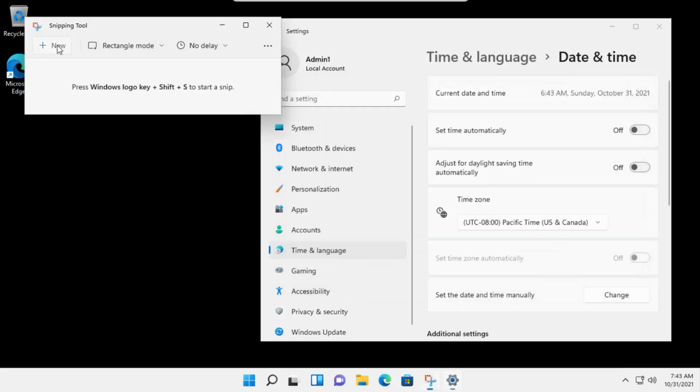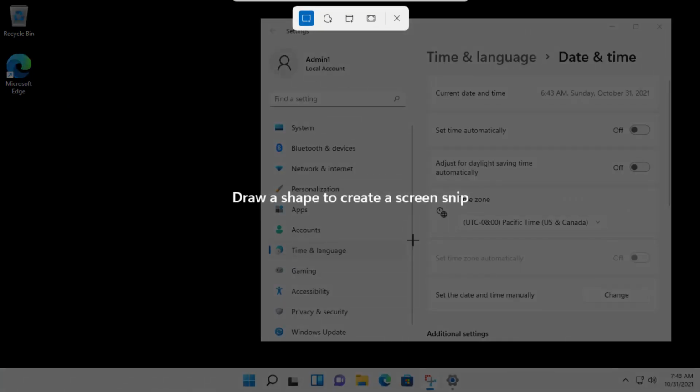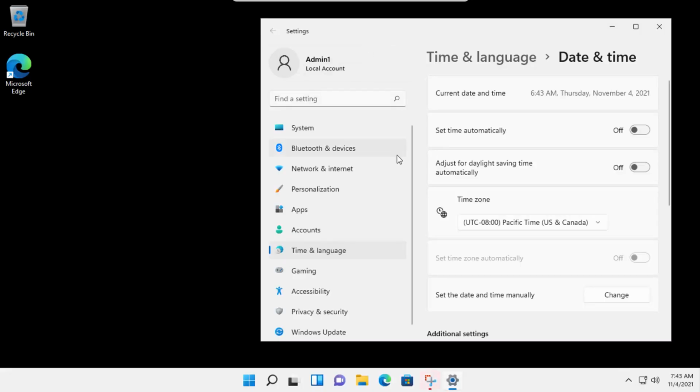Now you have to go to snipping tool and click on new, and you can see you will not face the error again. So you have to do this very quickly here. It is recommended to open the snipping tool parallelly and do this step, as the date will change automatically to your current date and time.